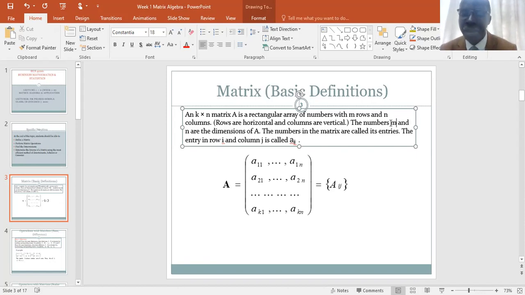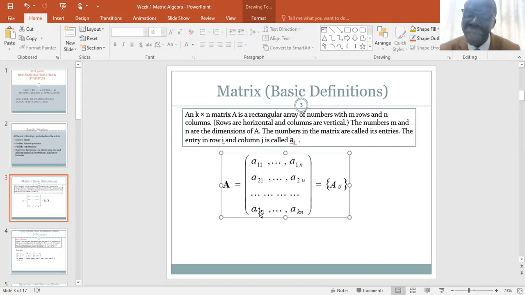Letter A is a matrix whose elements are A11, A12, up to A1n. Remember, we have n columns. Row 2, A21, up to A2n. Row 3, row 4, up to row k. In fact, this k here is what I'm calling m, the last row. Am1, up to Amn. So this is a matrix,